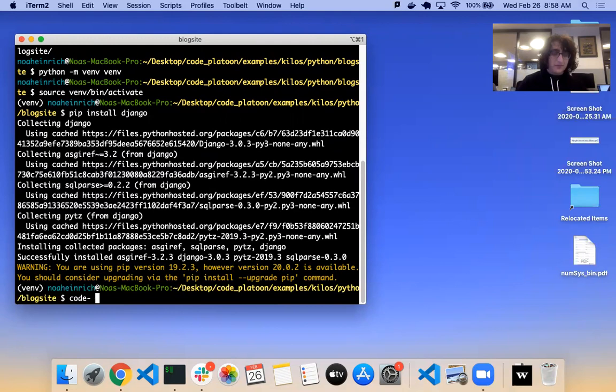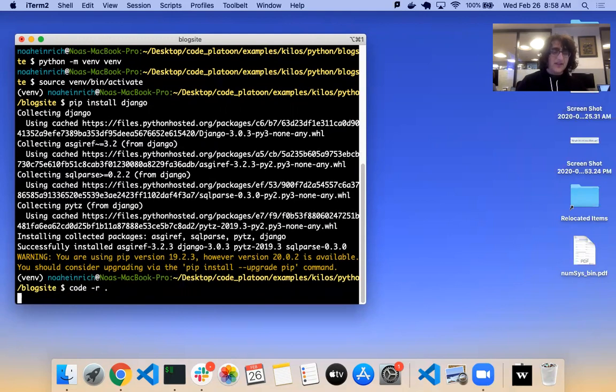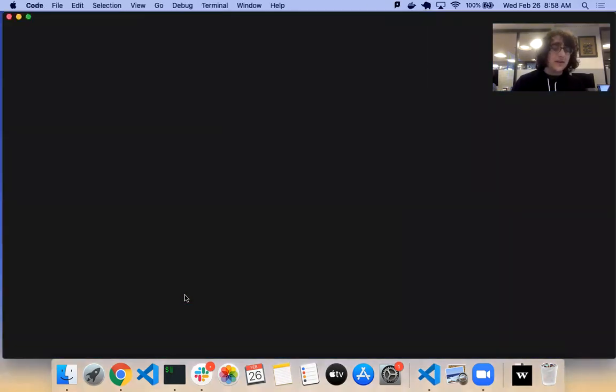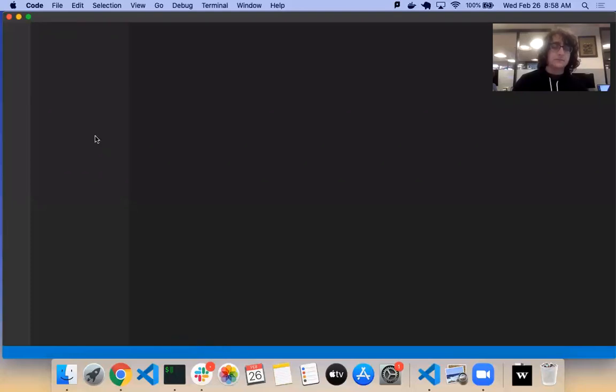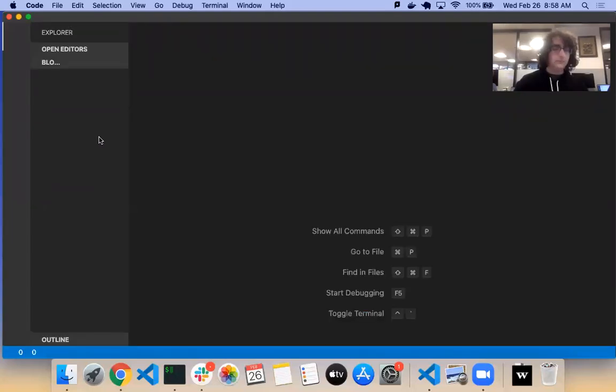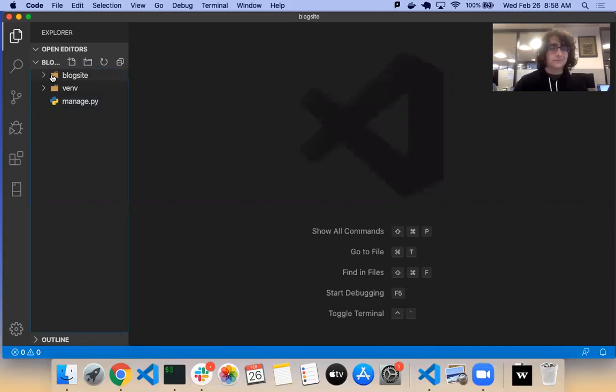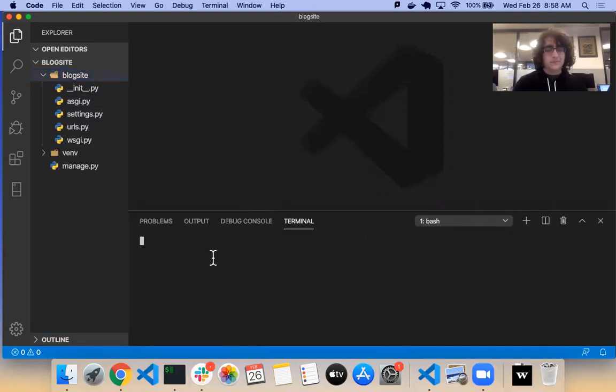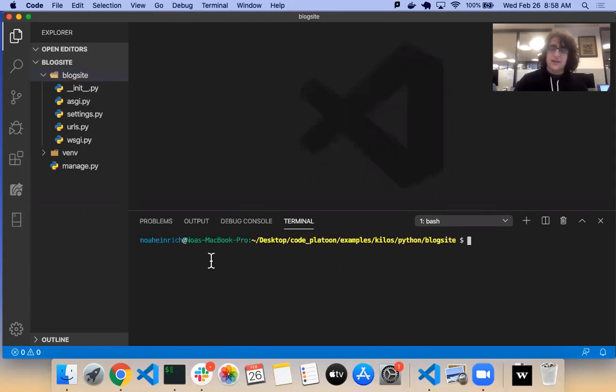I'm going to open this up, take a look inside, make sure everything's where it's supposed to be. Looks good so far. Sometimes you open up the terminal inside VS Code and it's already in the virtual environment. Sometimes it isn't. So I'm going to make sure I am still in the virtual environment here.